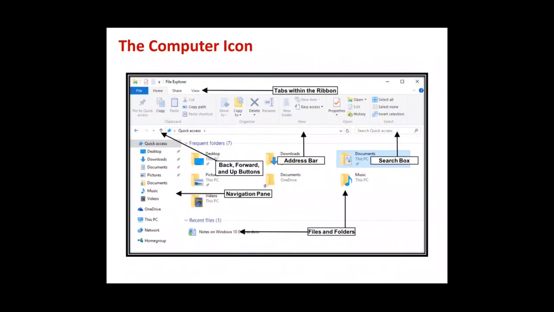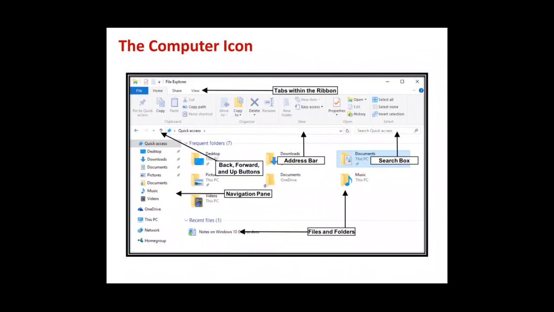Currently you can see we are in quick access, so the address coming is quick access, right? And next to it is a search box. In the search box you can type anything and the results will come, whether anything related to that word is there in the system or not.